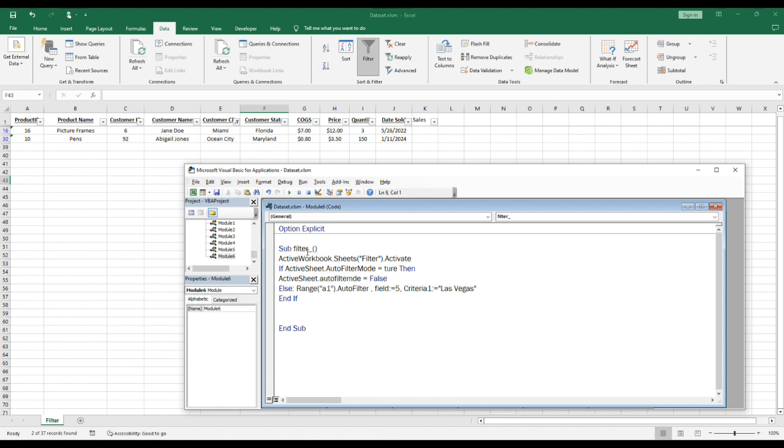Here is our code. Again, if autofilter is turned on, which it is, we will turn it off. And what the code is also saying, if autofilter is off, then apply our filter. So the second part of our code